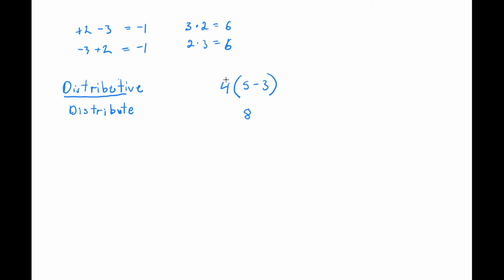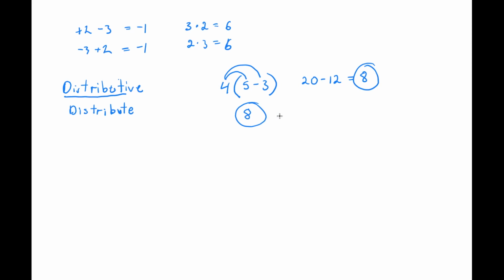So I'm going to distribute, and the way to distribute is you take this number and you apply it to both of these. You multiply it equally to both of the things or all of the things inside the parentheses. It's kind of like a little rainbow. First you go to this one and multiply, and then you go to this one and multiply, and you keep the sign of the number with that number. So 4 times 5 would be 20, and 4 times negative 3 would be negative 12. Now, 20 minus 12 is 8. Same answer